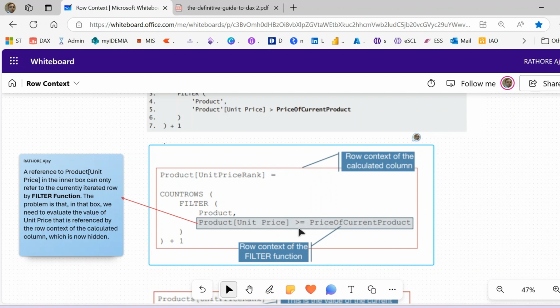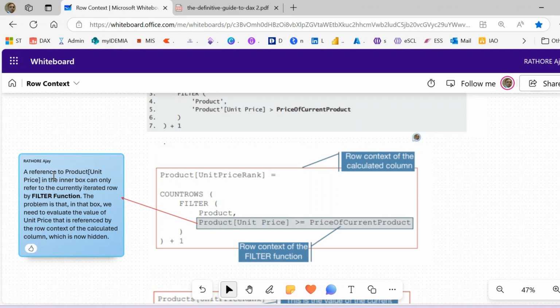In the inner box there is one row context, which is created by the FILTER function, and the outer box has a row context which is available by default due to the calculated column. A reference to the product unit price in the FILTER function can only refer to the row currently iterated by FILTER.